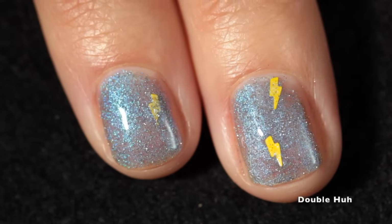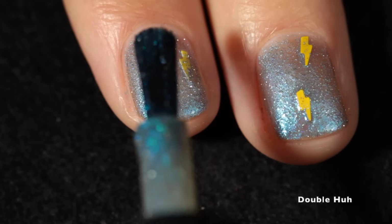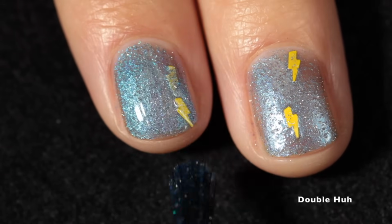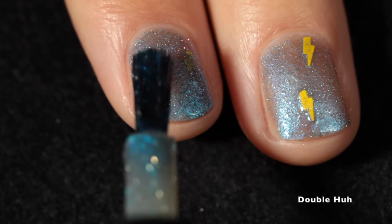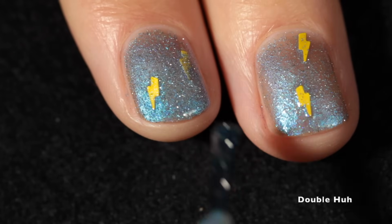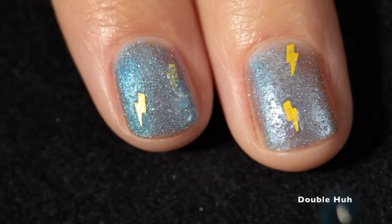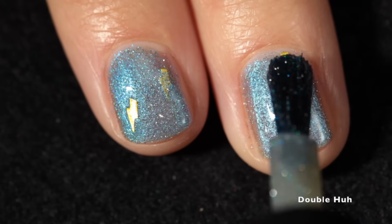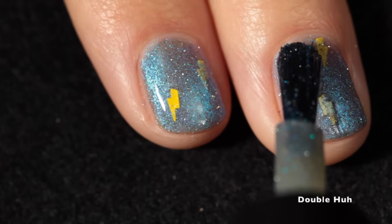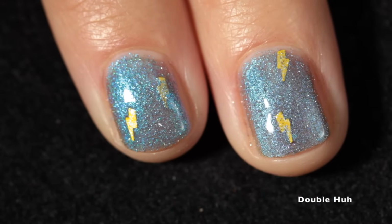easy overall. And this one is definitely going to be a candidate for a glitter top coat and a quick dry top coat. I would definitely say double up because those lightning bolts are quite large and they do have texture and sort of stand off the nail. So I will also recommend building this one up in 3 coats to get the most out of that sheer